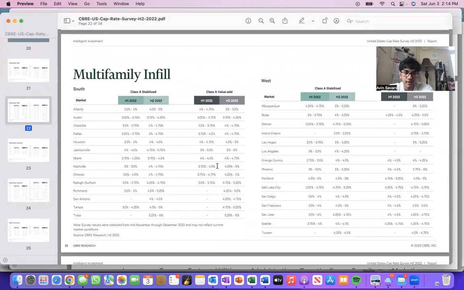So 3.75 to 4.5, and then 4.25 to 5% for this half period. So seeing some upticks in cap rates, and I guess that's just a result either of declining property values, or also more value add opportunities where you can bump up or get your rents up to market. You can address some CapEx items, rehab some units, turn some units, and realize better rents, right? So that's the results of the types of products that are out there in the market, obviously, but that's kind